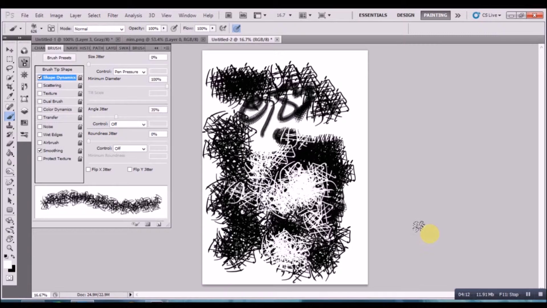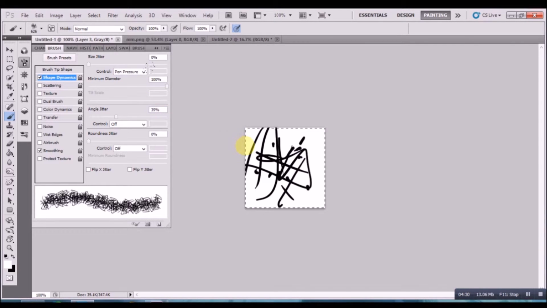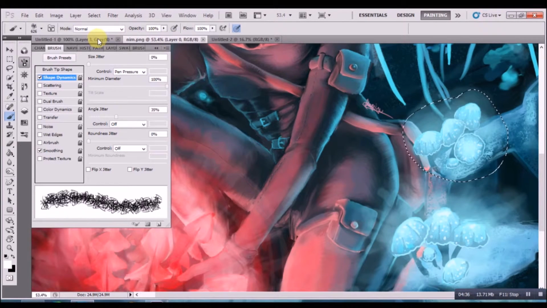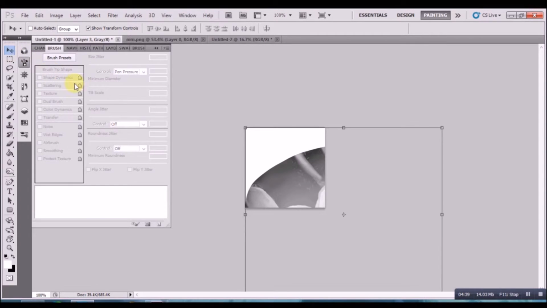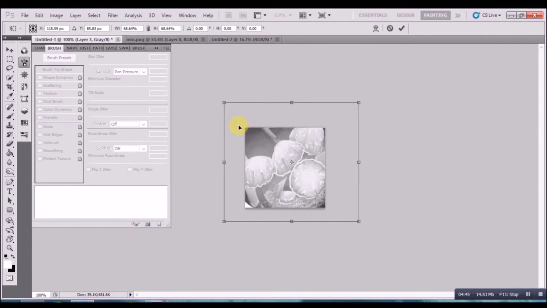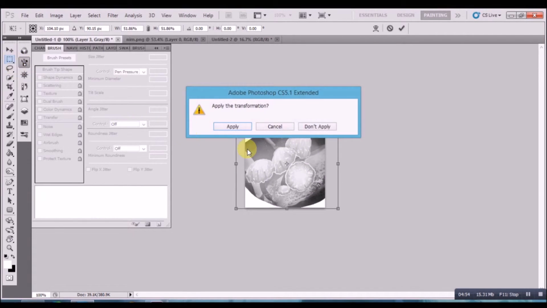You can use paintings that you've already made before. So if I go into something I made before, I decided that these mushrooms might be quite nice as a brush. So I was going to copy that, paste it into this canvas here. Like that. Obviously it is a grayscale canvas because you can't have colour in your brushes. I would suggest keeping the images quite low detail as well, because obviously the more detail and the bigger they are, the harder it is for your computer to process it when you try to paint with it.